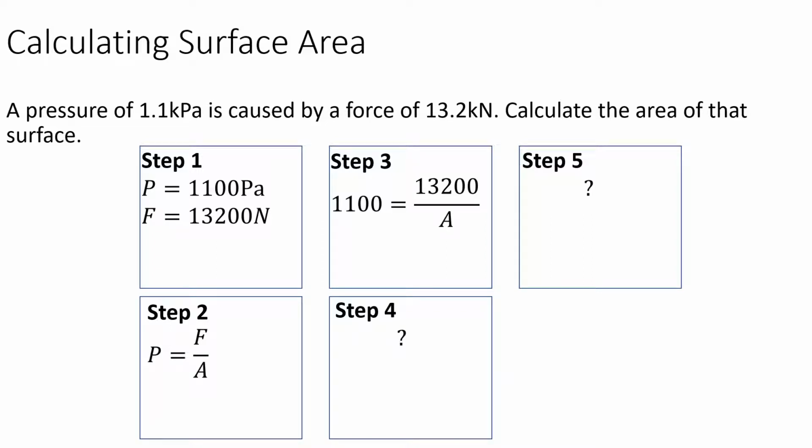A pressure of 1.1 kilopascals is caused by a force of 13.2 kilonewtons. Calculate the area of that surface. Step 1. Write down what you've got. Now notice this time 1.1 kilopascals becomes